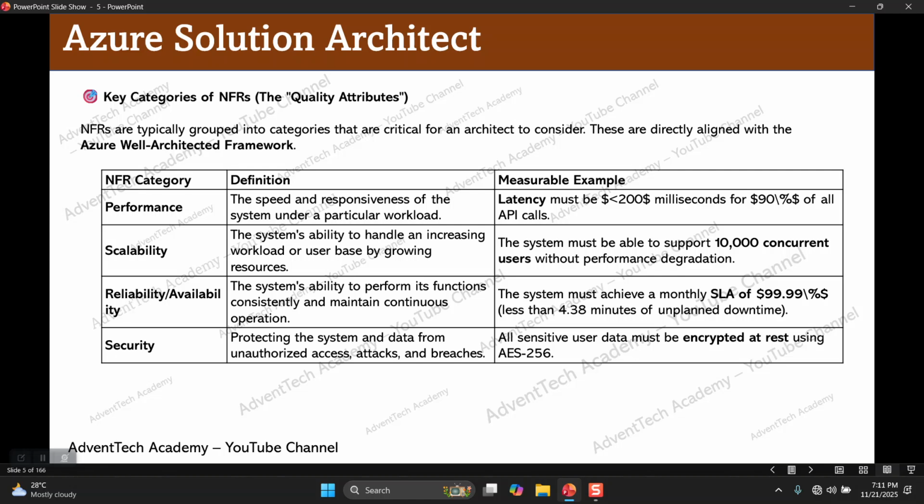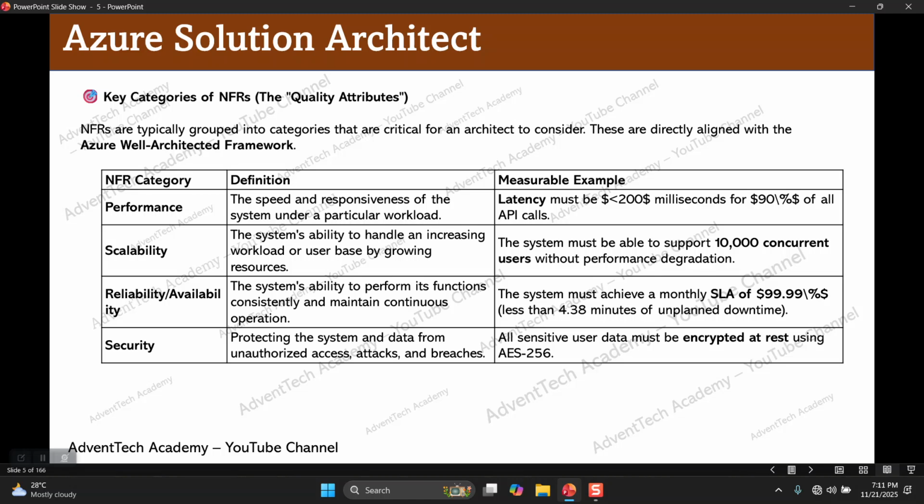For example, the Amazon website: the number of users logging into the Amazon portal during normal days is maybe around 1 or 2 lakhs. During the festival season, the number of users accessing the Amazon site will be around 10 lakh or 1 crore, something like that. So whenever there is an increase in workload, or whenever a lot of people are using the apps, we need to identify how it handles the workload.